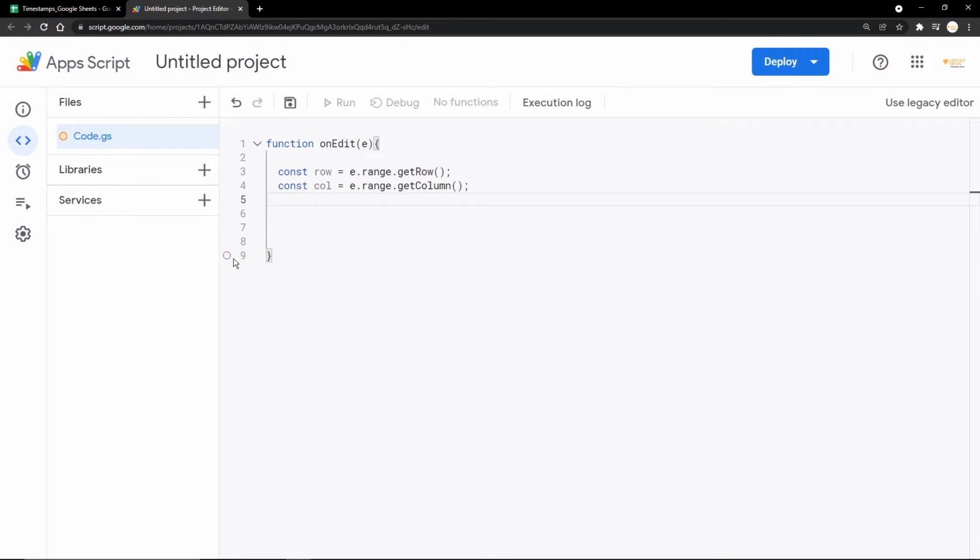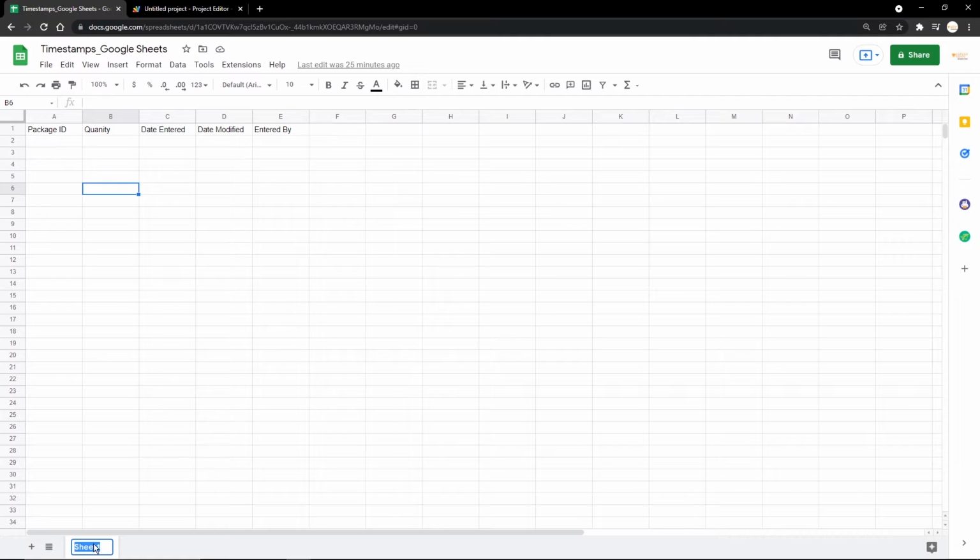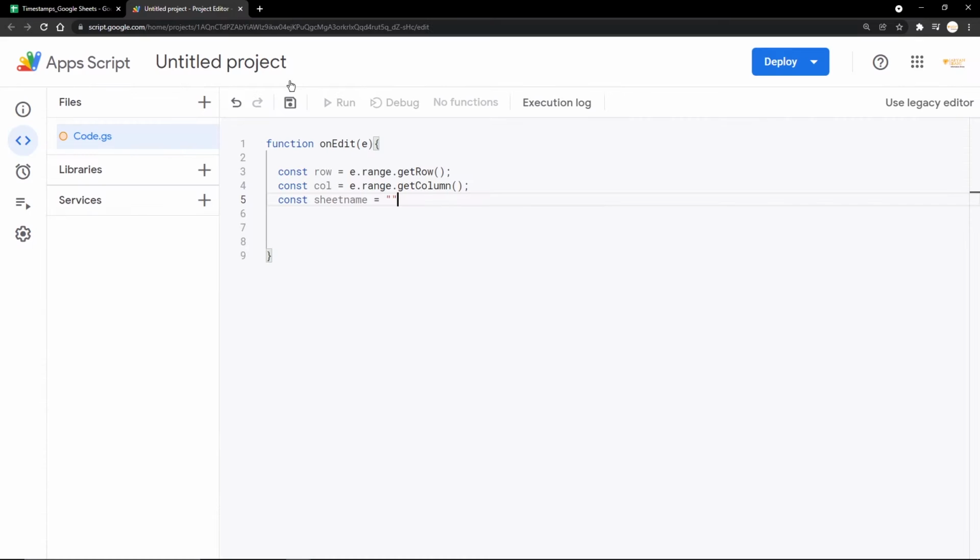After this, I'm going to be declaring my Google Sheet name. I'm going to do const sheetName equal to, and I'm just going to go here and copy the sheet name, Sheet1. You can keep any custom name that you want. I'm going to paste it here. So right now we have got all the tools that we require to work ahead in the process.